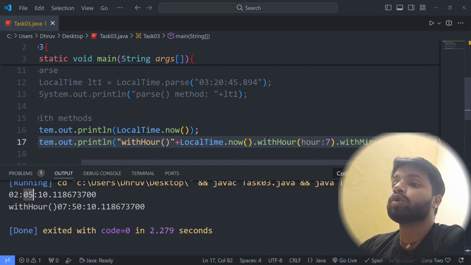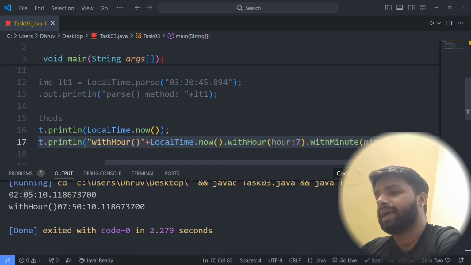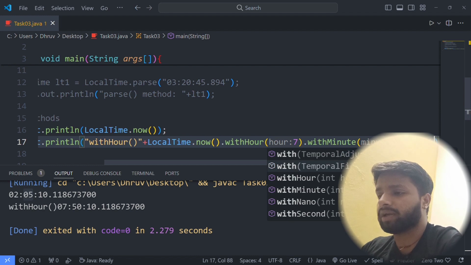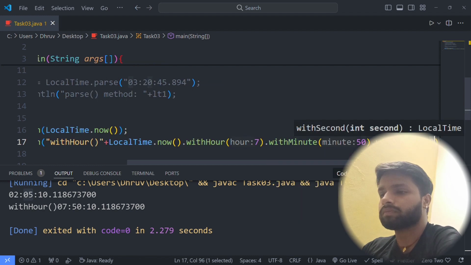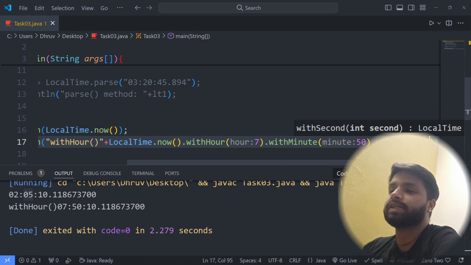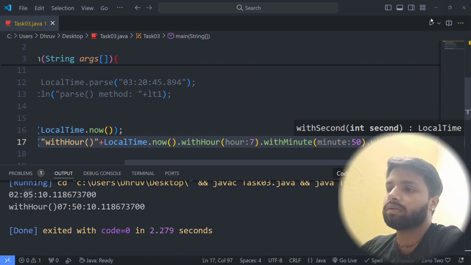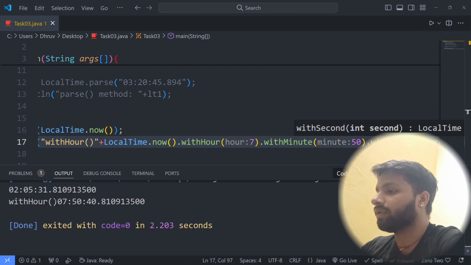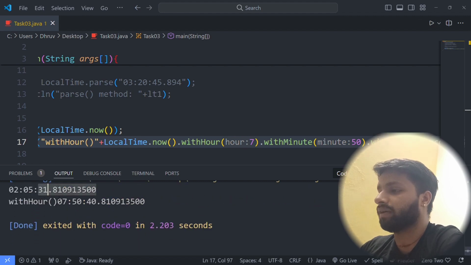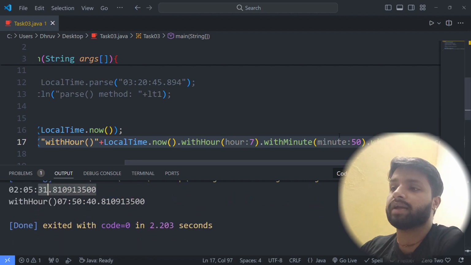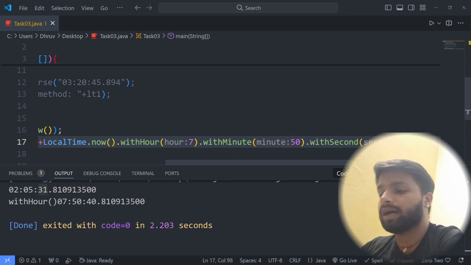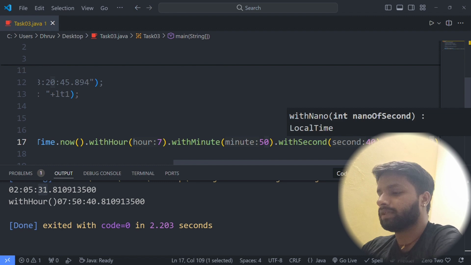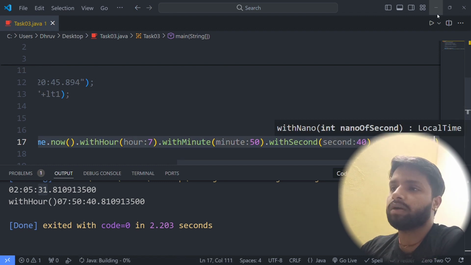Then you can add withSecond, like 40 seconds. Here it is 31 seconds, but 31 is replaced with 40 seconds, and last is withNano, which you can pass whatever you want.